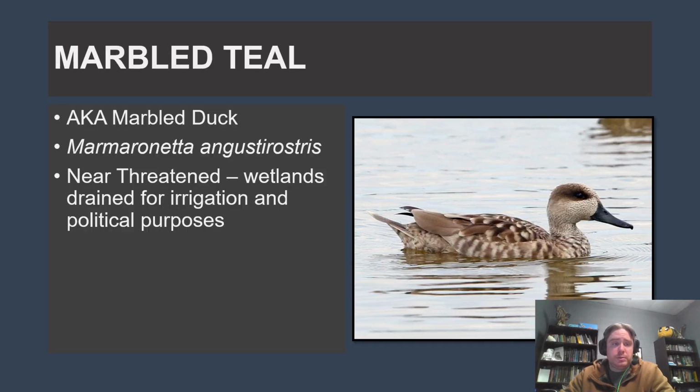The marbled teal, also known as the marbled duck, Marmaronetta angustirostris, is a near-threatened species, and this has a particularly interesting conservation thing going on. Many species of ducks are threatened by habitat conversion of wetlands, either natural wetlands into things like rice paddies, or wetlands being drained for irrigation, like in this species. Or a particularly interesting story with the marbled duck is